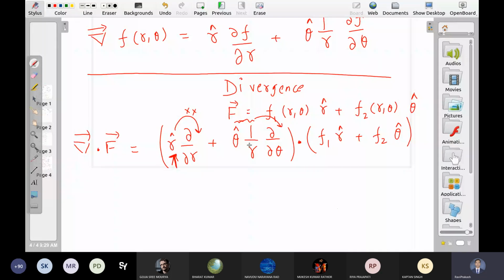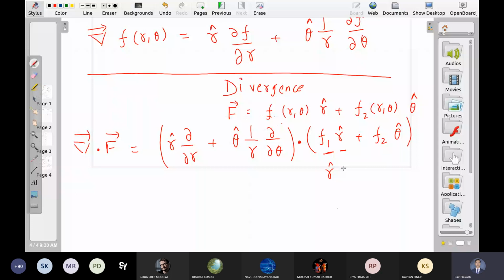So in the Cartesian case, you don't have to worry about it because it is a constant. Even if you take it on the right-hand side, a constant remains constant; its derivative does not make any difference. But here, you cannot do it. What about this side? It is just a product, right? This is a scalar quantity, this is a vector quantity. You can put it whichever way you want. f1 times r cap or r cap times f1, they have the same meaning. Similarly this.